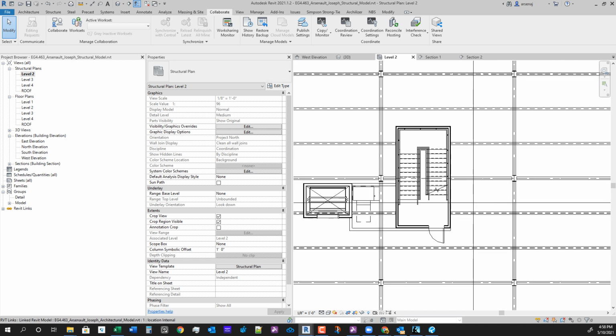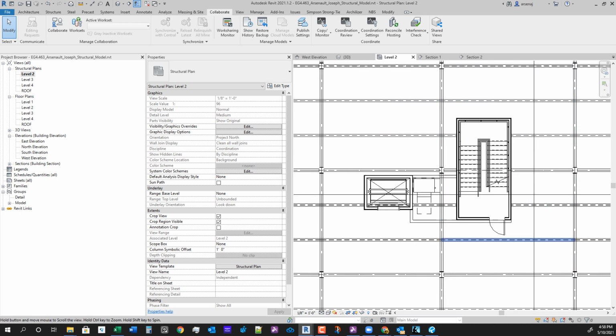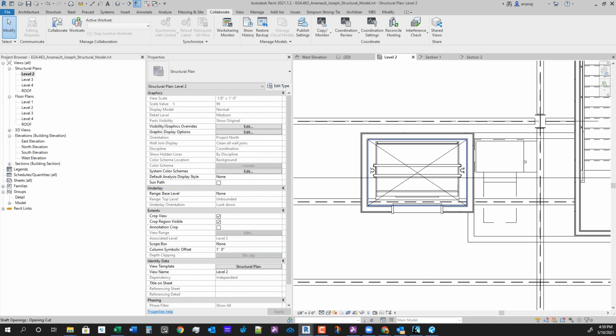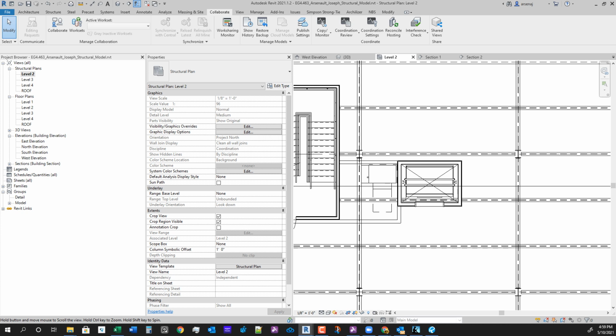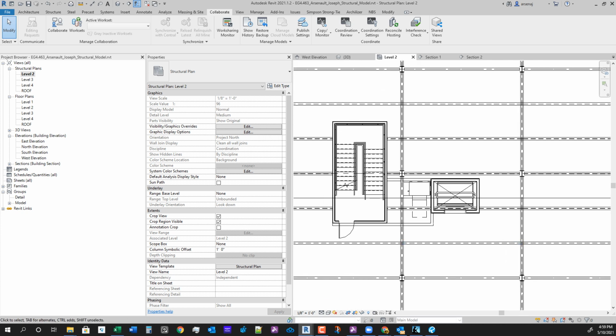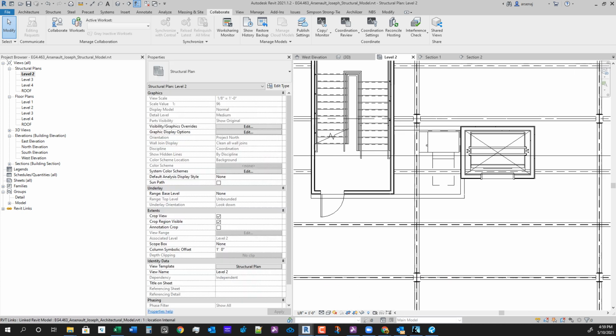But we'll add some beams to go around the stair and some beams to go around our elevators, as the elevator will not be able to cut through these. We'll take care of that in the next video. This is a lot for this video, I think. So anyway,